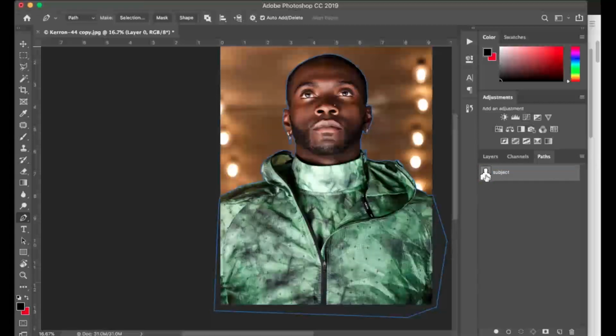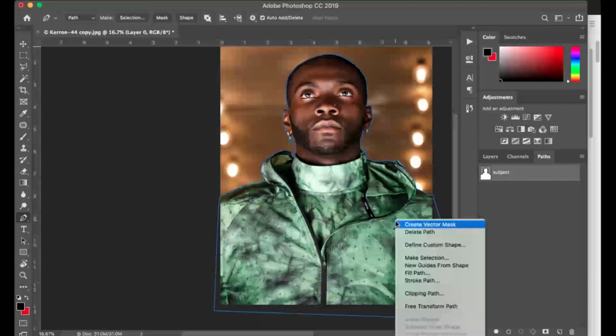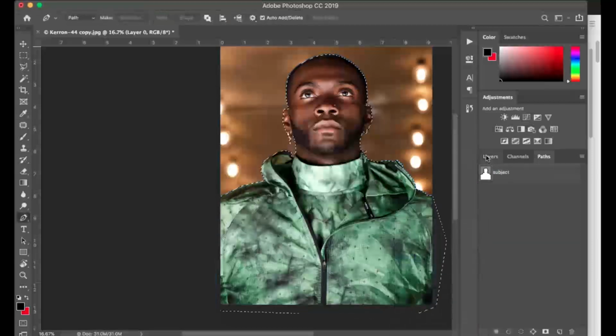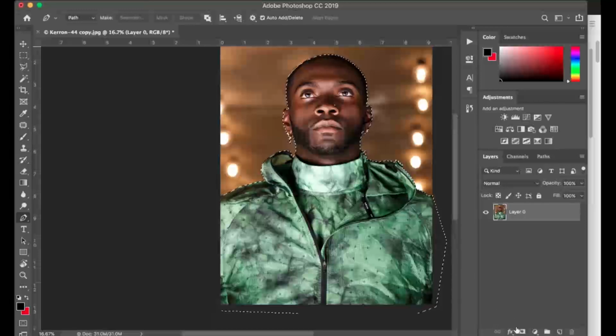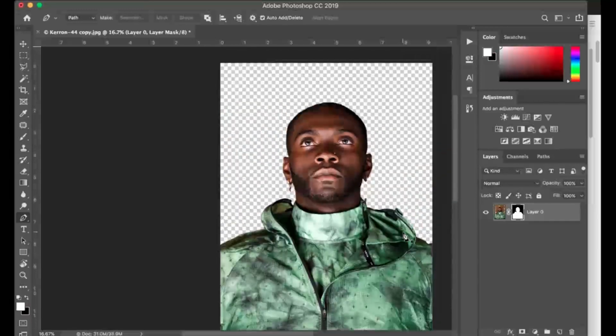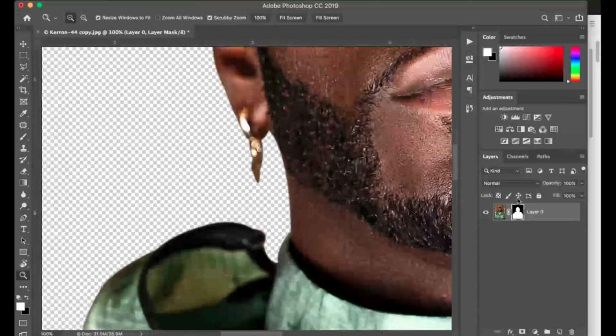And then I'm just gonna right click it and hit make selection. So now with the layers, I'm just gonna create a mask, and voila. The reason I'm creating a mask is it gives you a lot more control whenever you want to add back to it. So let's say